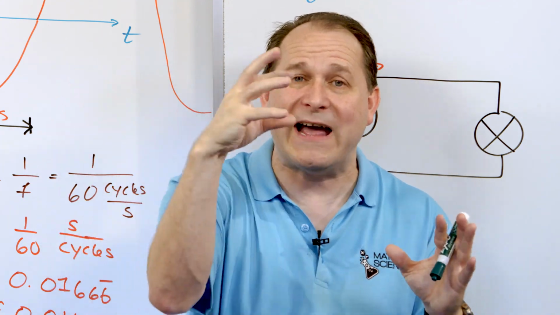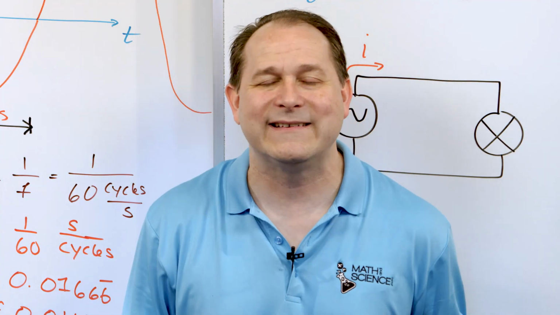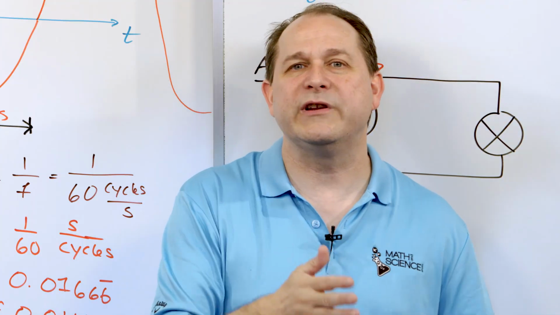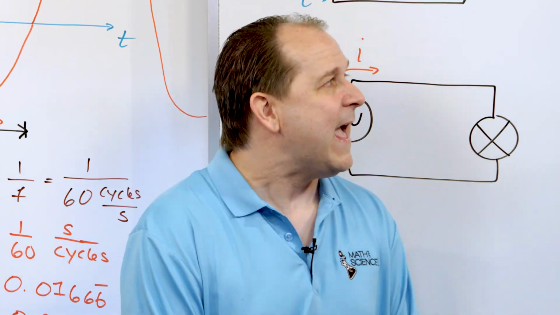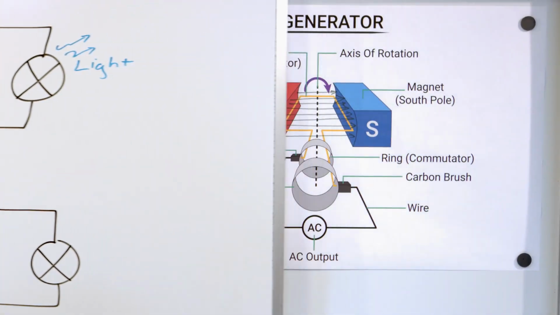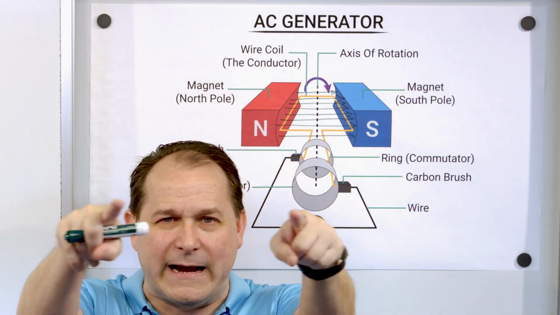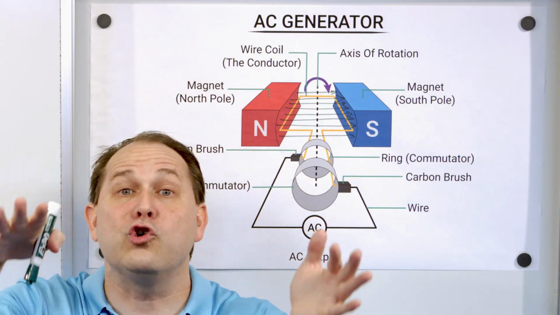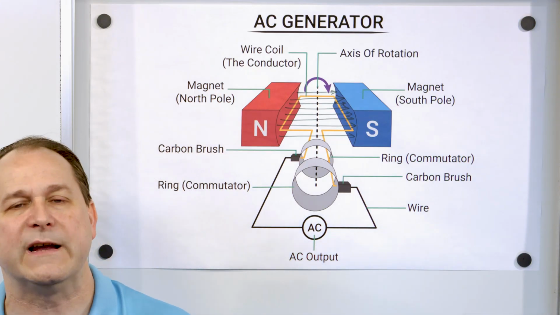It's literally like a shadow projection on the y-axis, and the cosine function is the shadow projection onto the x-axis. So what I'm trying to say is you learned in math class that sine and cosine functions come from circles. And this loop of wire is turning in a circle. It literally is rotating. Yes, the thing I've drawn is a square there, but the turning is turning in a circle. So it's not a huge surprise that if sines and cosines come from the unit circle, and I'm turning this coil of wire in the unit circle, then the voltage you get from Faraday's law is going to be